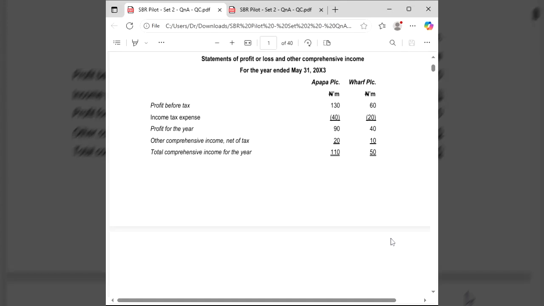Now, what this implies is that we have now come to the end of the parent entity's separate financial statements, that is the statement of profit or loss and other comprehensive income for the year ended 31st May 2023. And I'll just take out some time to show us that, so that we can appreciate how we got to this point and we can know the next step to take. So I will just show us a little bit of what I've said so far, and make sure that